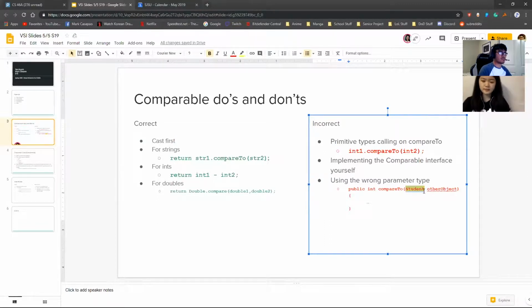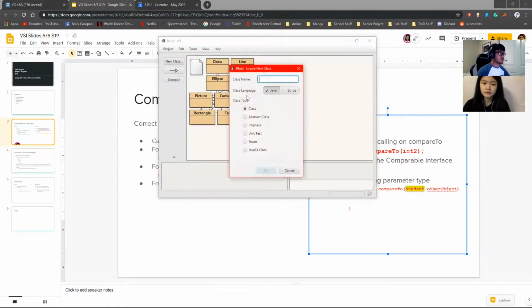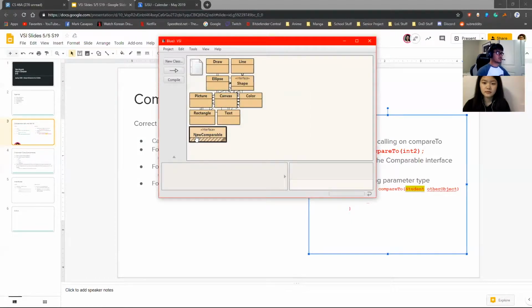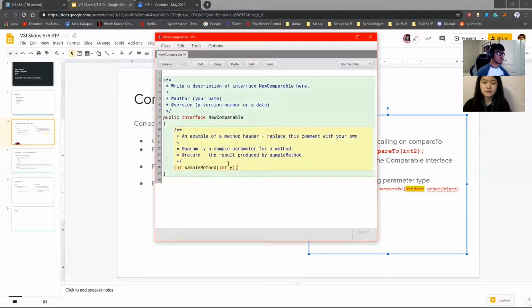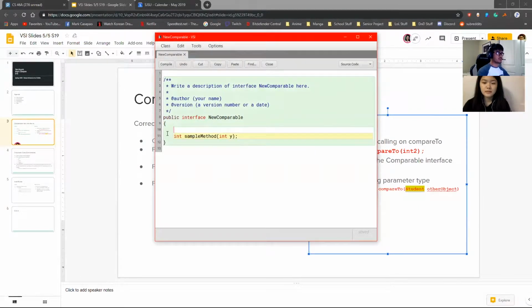So you're saying, if I know everything's going to be Student anyways, why don't I just make it like this? Okay. Well, that works if your Student class does it, right? But remember, when you're defining an interface, let's say here we're making an interface. I'm just going to call it NewComparable, because Comparable is actually a native interface that we've always had. So I'm going to call it NewComparable, and then they have a compareTo method, right? So it just returns an int,